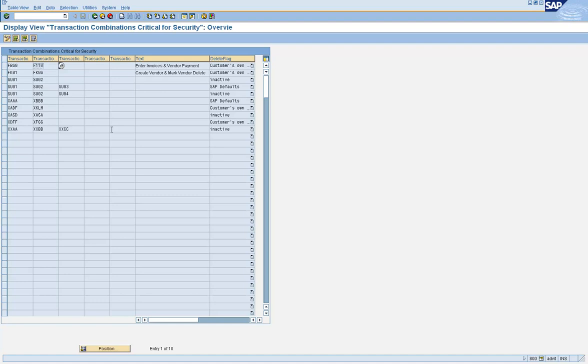So when you do that segregation, you are protecting the system by stopping the ability for people to commit financial fraud, right? But how will you know what combination of conflicting transaction codes people have got? There is no way to do that. When you assign a role, we don't know who's getting what, unless there's something documented.